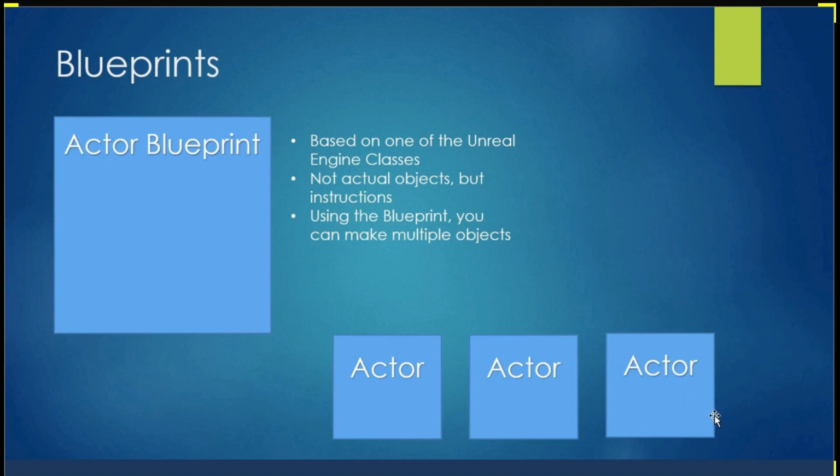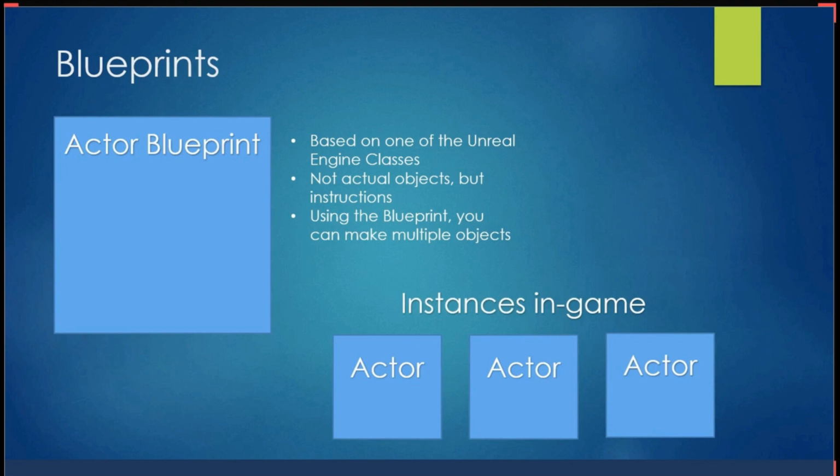So you can have multiple instances of the blueprint itself. Each blueprint can have different types of actors, and each blueprint might actually have a different set of instructions for each of the actors it has in it. And this actor is what we call an instance in the game. So in the game, we have actor instances, and we contrast this with the default, which is an actual blueprint.